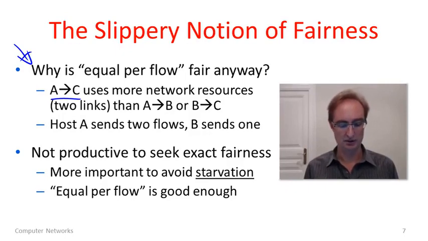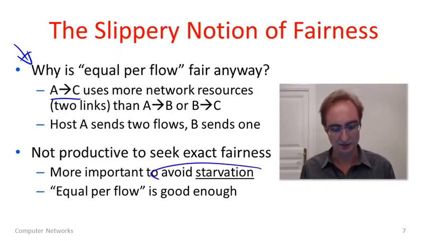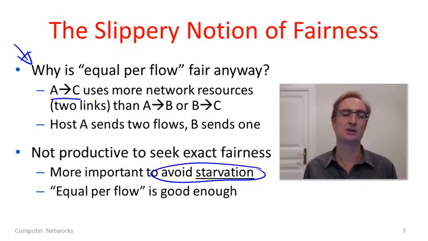Now, what I'm sort of arguing about this fairness and efficiency is that what we really want to do is avoid starvation. So that allocation for efficiency where AC didn't get to send any traffic at all is not desirable, because we're precluding that flow from using the network. It should be able to use the network to some extent. It turns out that it's really not terribly productive to argue about exact notions of fairness and differentiate between them. And we'll stick with our equal per flow. You can see that there are potentially some problems here, but approximately equal per flow is generally going to be good enough, and that will certainly avoid this starvation problem.